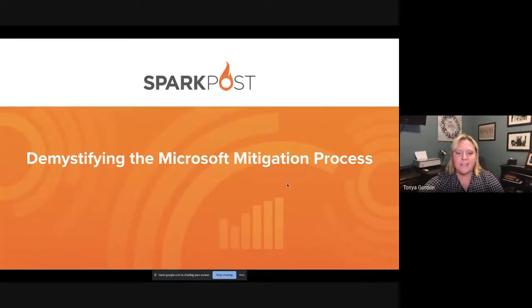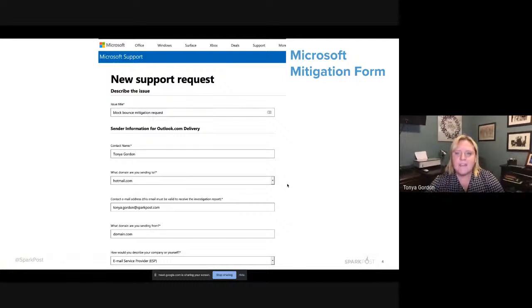So let's go ahead and get into demystifying the Microsoft mitigation process. So Microsoft has a mitigation form, and most deliverability people have used it on the regular. There's an issue title at the top and you actually fill out what type of mitigation request that you want to do. And then throughout the form, you fill out various tidbits of information. You would think that that's all they need in order to